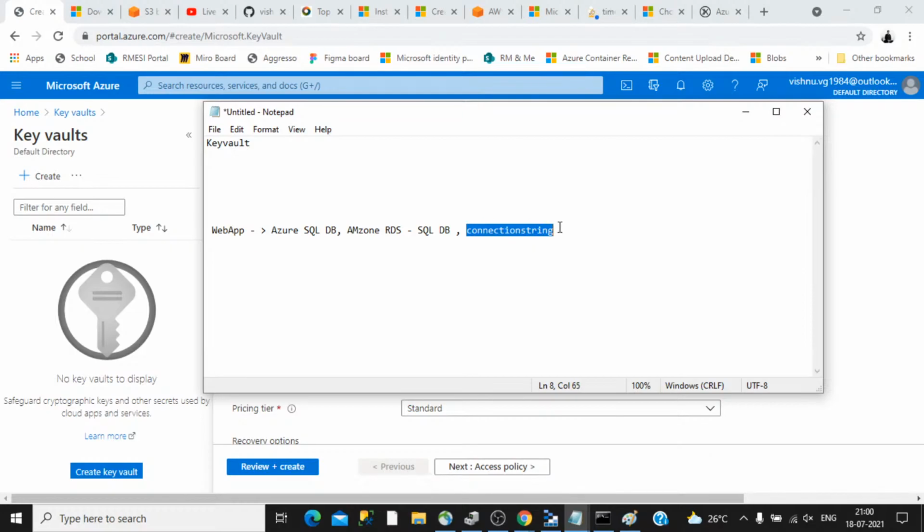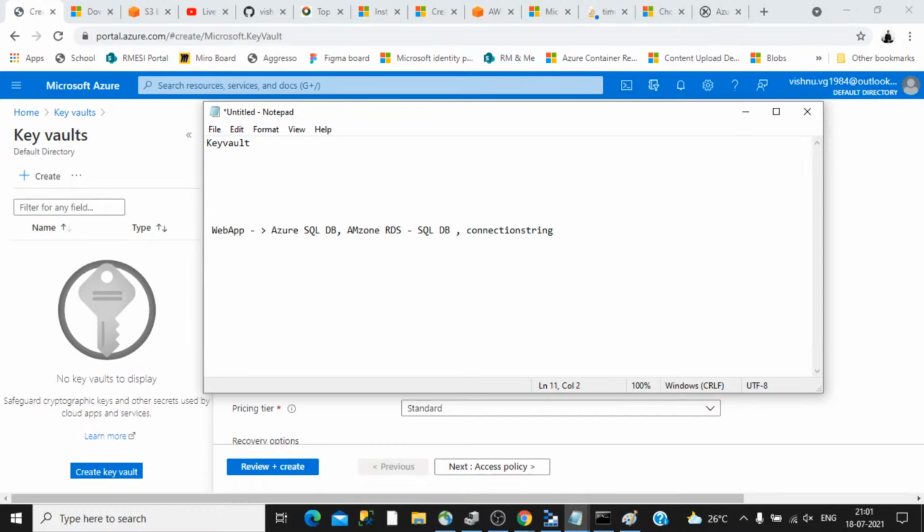If someone has access to that connection string, they may be able to connect using a tool like SQL Management Studio or whatever client tools they can use, or they can even programmatically connect to this particular DB, and they can delete or update the DB. So you don't want to do that. Your connection string you have to provide only to the authorized person.